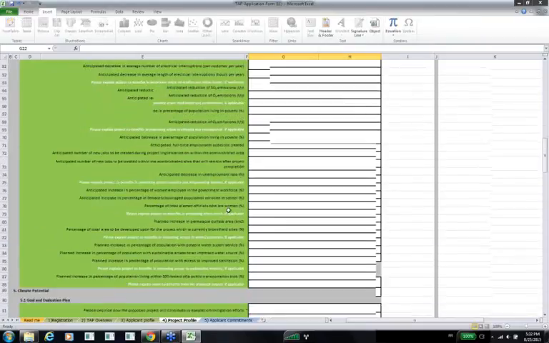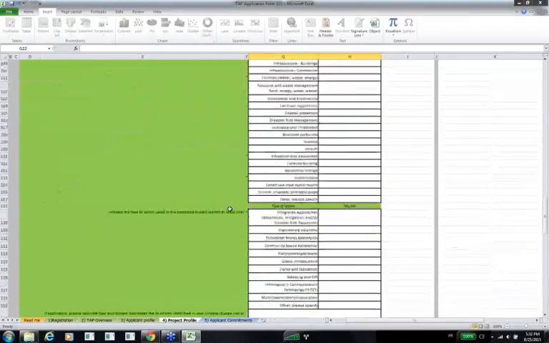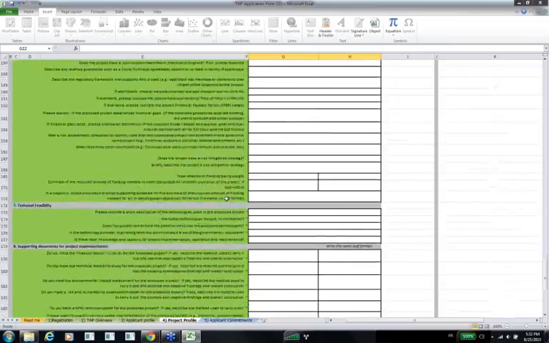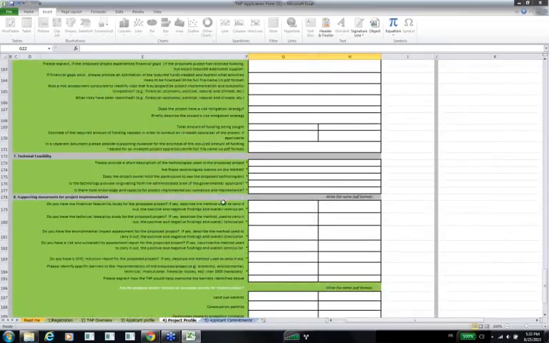Towards the end of this tab here, we ask you also to provide some information about the financial and technical feasibility, which is very important information for the financial institutions that will be looking at these projects. We ask you in this tab to provide quite a few supporting documents as well. So these are all marked with an asterisk. So you can upload them via the three methods that I mentioned earlier. And yet again, as I said before, it'd be great if you could write the full file name right here in these fields here.